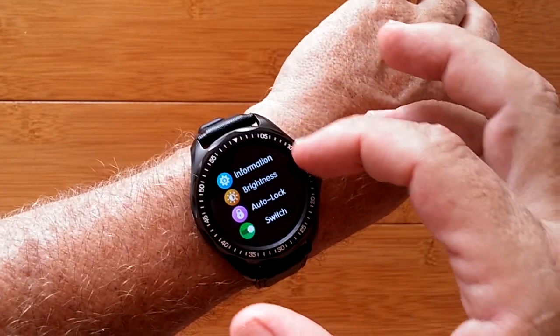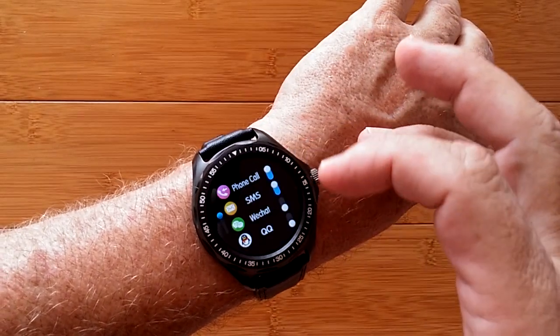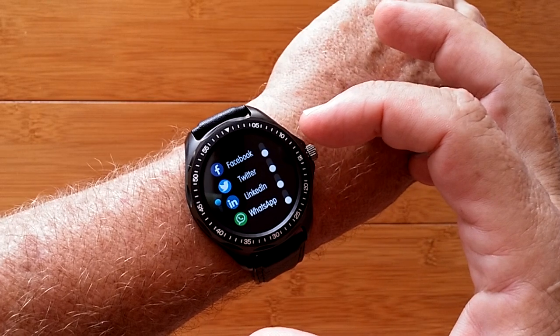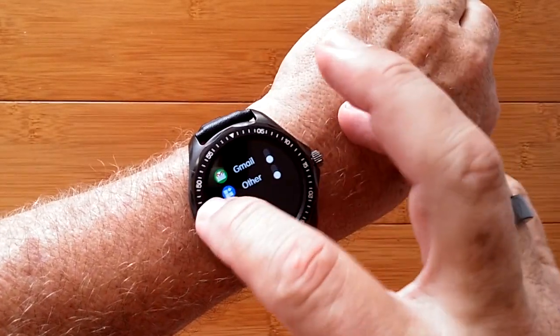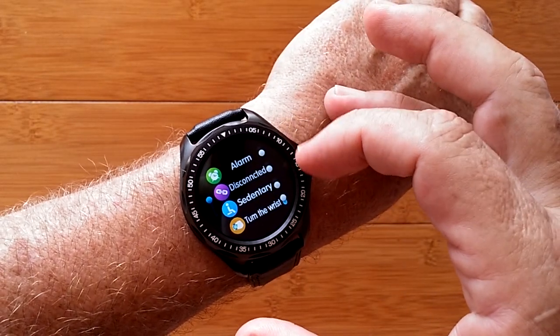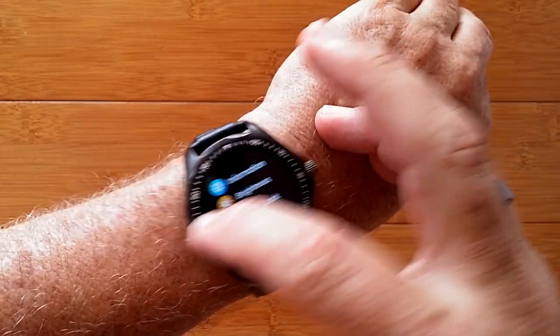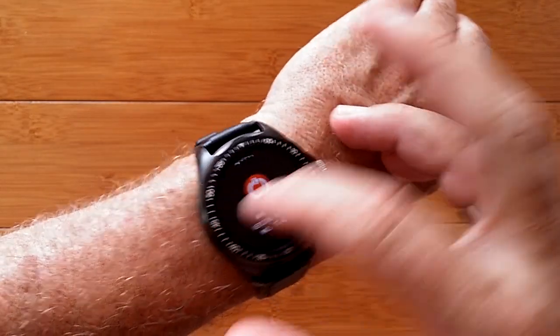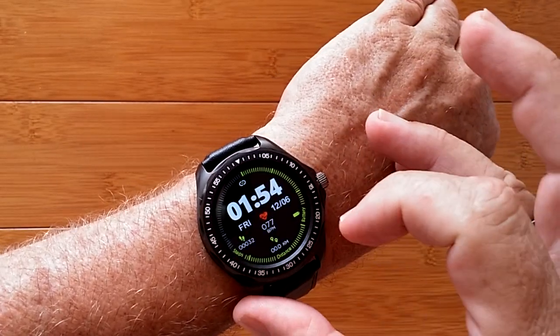In the overall settings, you can set all these different things, and stuff like information is where you can specify which of these different apps on your phone will send you messages directly to the watch. In here, you can turn on and off alarms, sedentary reminders, and have the twist to wrist to see the time activated or not. It's a nice, overall, fairly bright screen, multiple watch